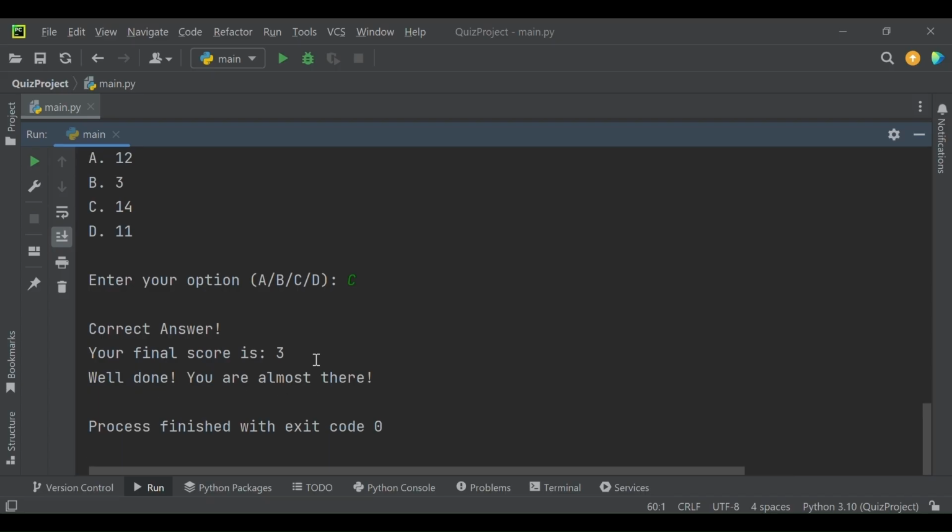That's it everyone. Here you have a simple interactive quiz which is a great way to practice Python basics including functions, conditionals, loops and user input. If you want, you can make changes to this quiz by adding your own questions or increasing the number of questions. Try it out with your friends and have fun.